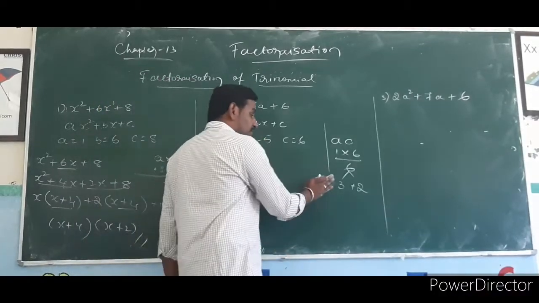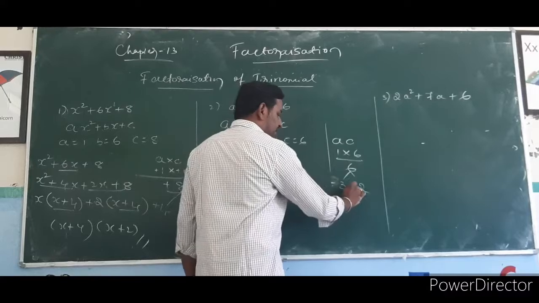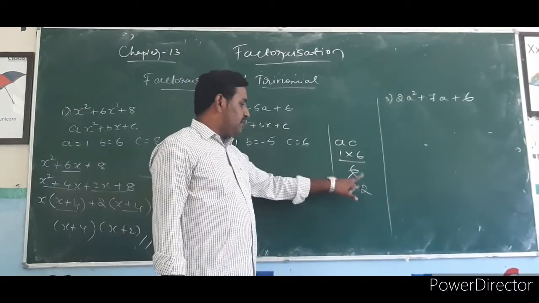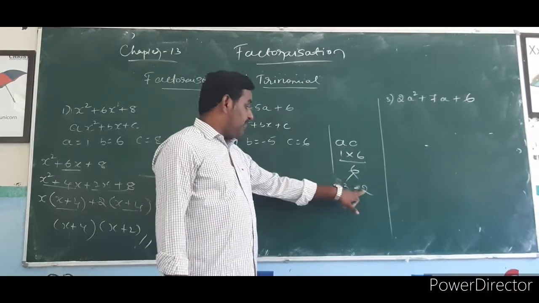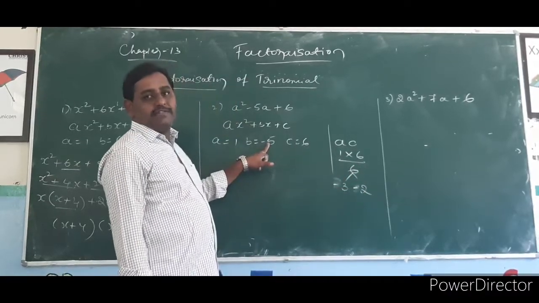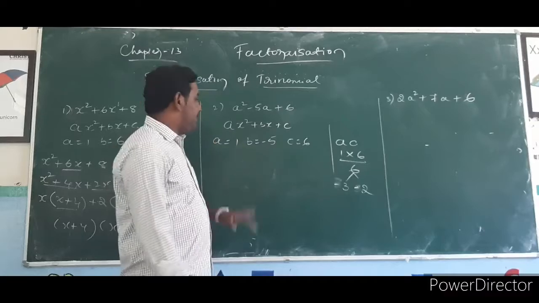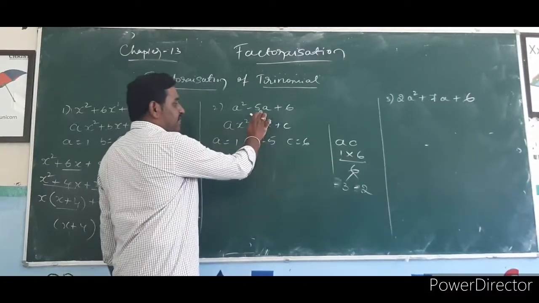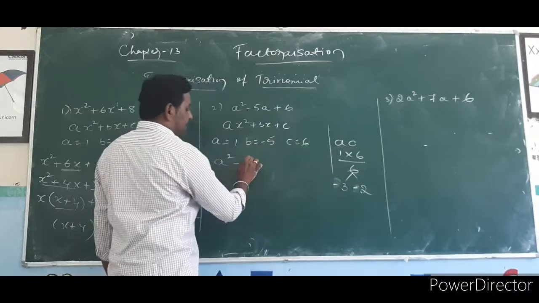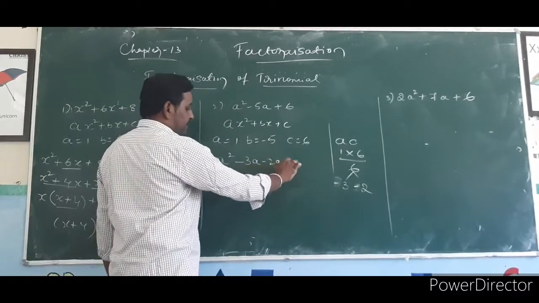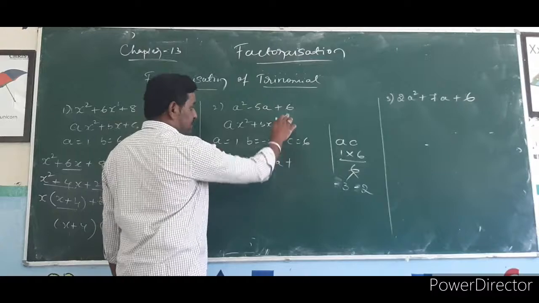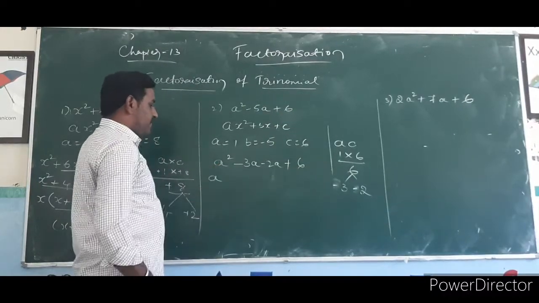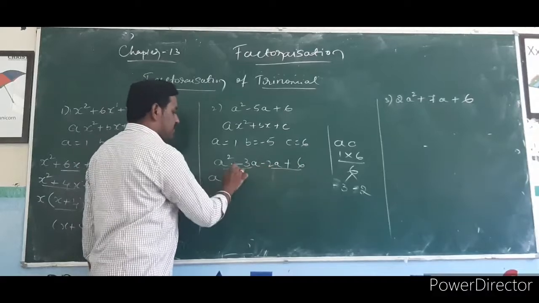What you have to do? Change the sign. Minus 3, minus 2. Minus into minus is plus, so 3 2s are plus 6. Minus 3 and minus 2, what will you get? Minus 5. That answer is perfect. Then you can write a square, and in the place of minus 5a, I am replacing minus 3a minus 2a, plus c, which is 6. Here you can take a as common factor, grouping these two and these two.